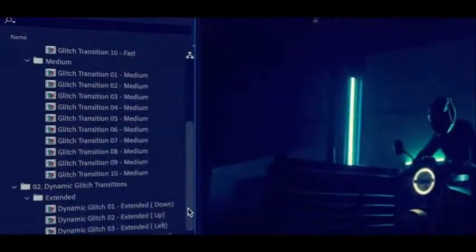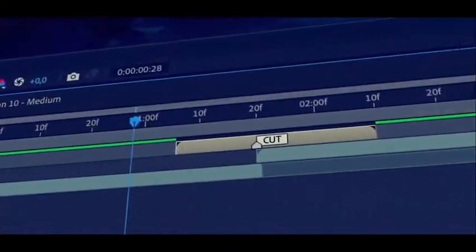I'm going to show you my top 5 After Effects presets and templates that will save you tons of time